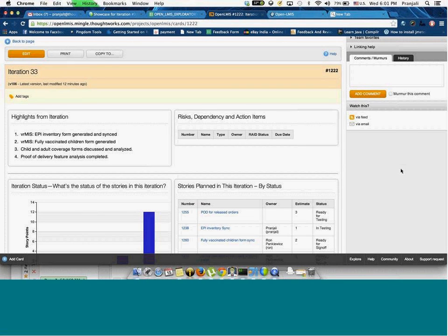For this iteration, our target velocity was 10 points, and we were able to achieve 12 points. In those 12 points, the development part includes the complete development of the EPA inventory form and the sync module generation of EPA inventory. So after these stories, a field coordinator can fill the EPA inventory form, and when he syncs a facility, the EPA inventory data also goes to the OpenLMIS server, along with other forms that have been generated